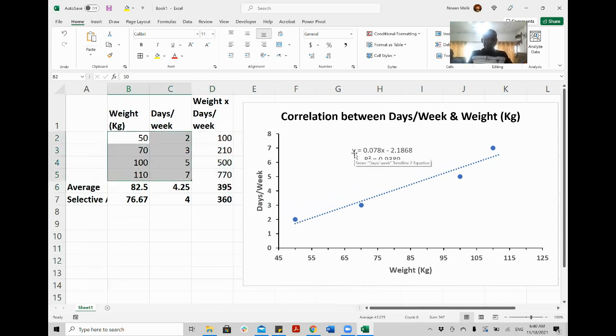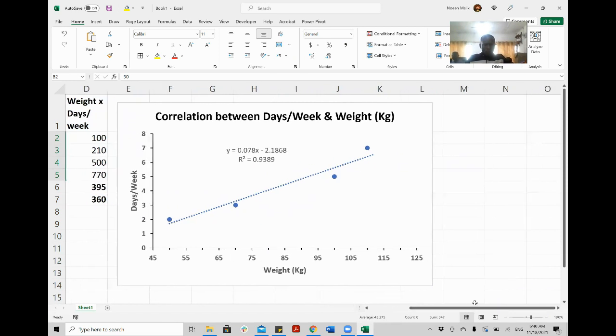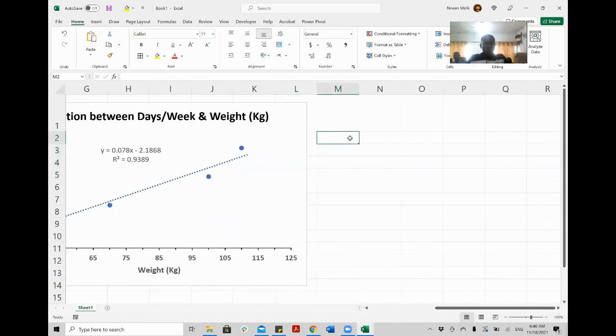So what is your y? On your y-axis are the days per week. X-axis is the weight, right? So what if you have the value of x but not the value of y? How do we calculate this? This is your equation. Let me move more towards the sheet. This is your equation.